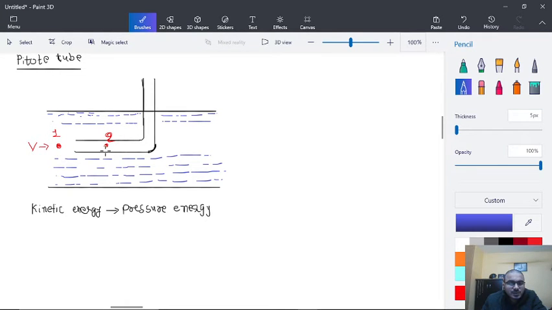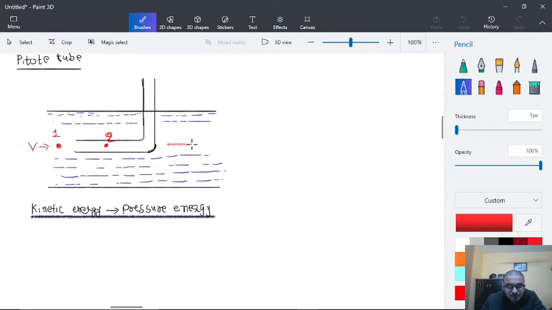point number 2 is inside this small pipeline with a bend. So what is going to happen here is that once this fluid enters into this small pipe, the velocity becomes 0, and as velocity becomes 0, there is a conversion of kinetic energy into pressure energy, as you can see. And there are a few terms which we need to again see,